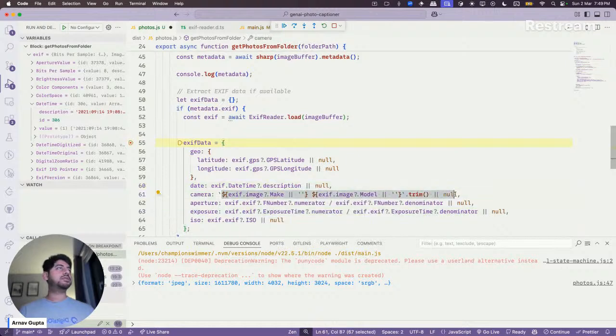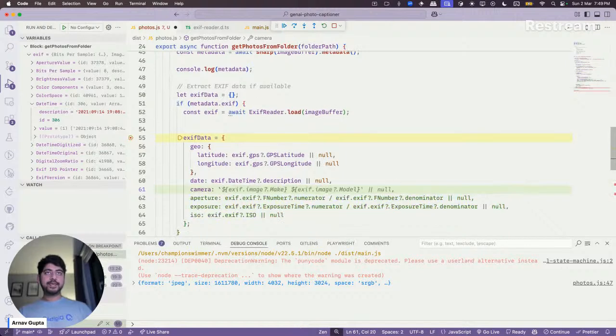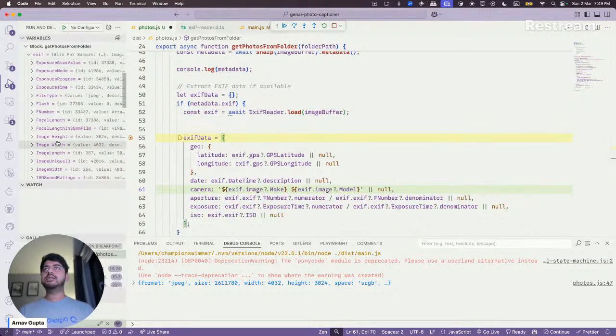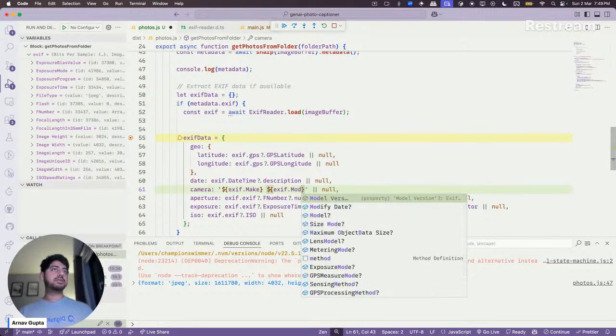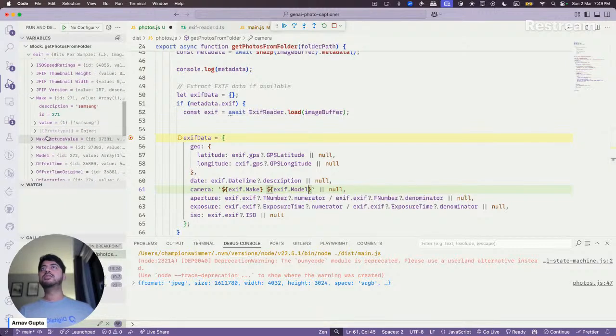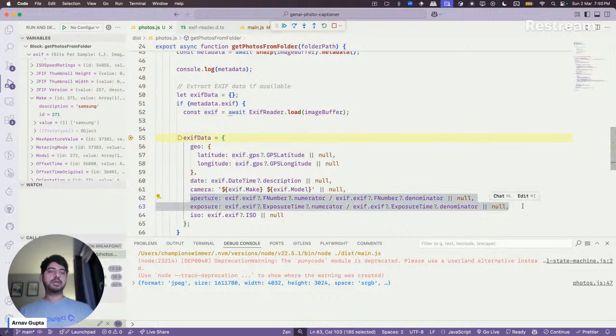Hey, camera. So I think exif.make directly. Cool. Nice. We will get to these things later.